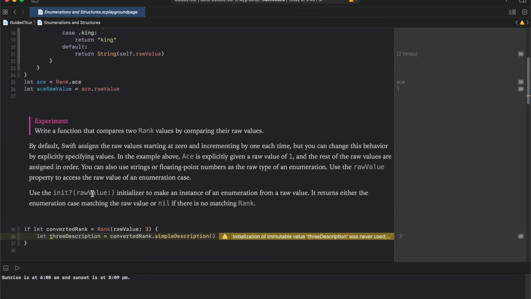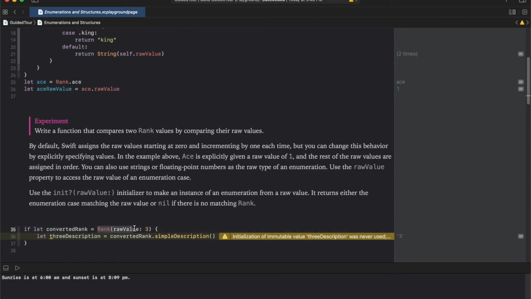Use the init(rawValue:) initializer to make an instance of an enumeration from a raw value. It returns either the enumeration case matching the raw value or nil if there is no matching Rank. On line 35, we are creating an enum constant convertedRank.